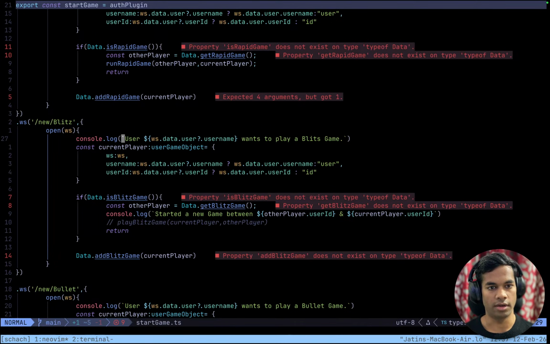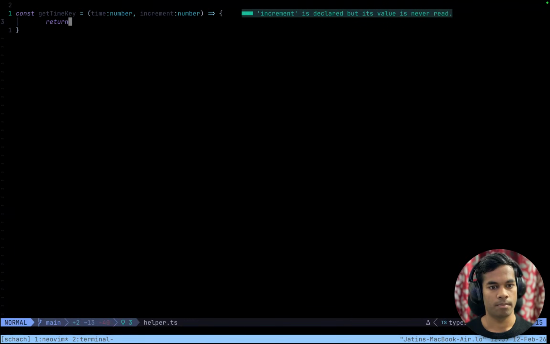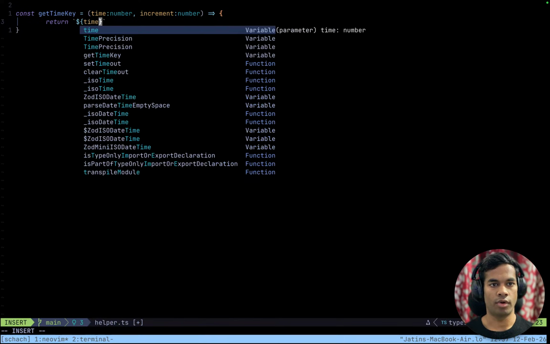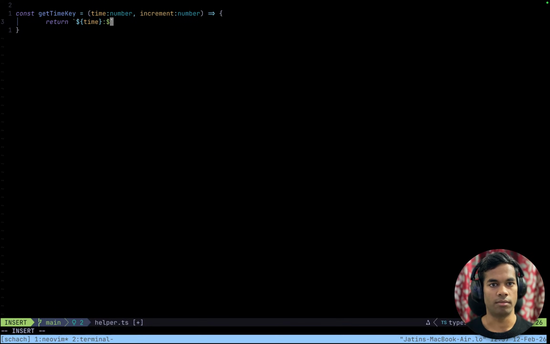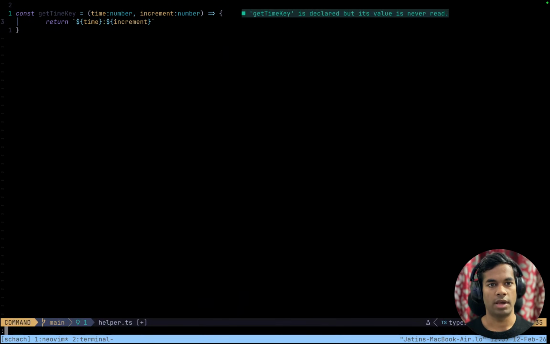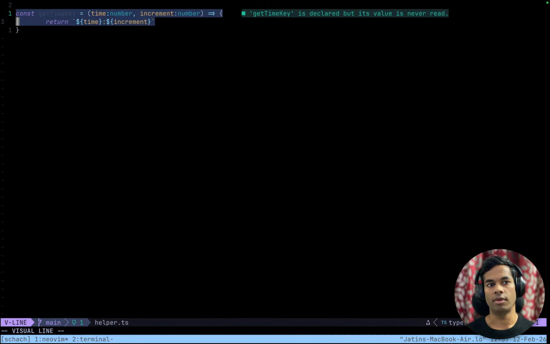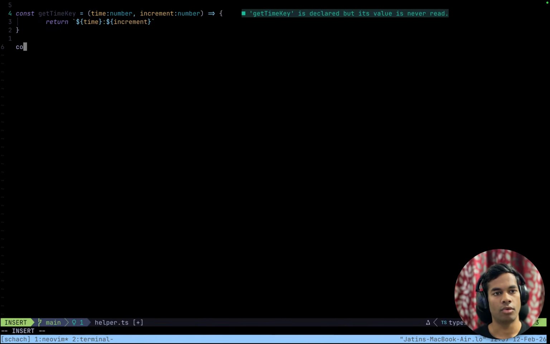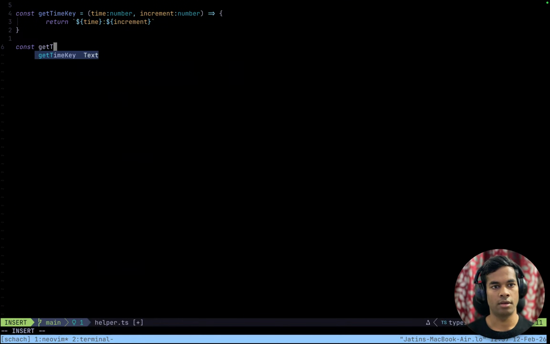We have it right here. Yep. Back tick, return. For now, it is just time semicolon. And at some point, we will have to destructure this back to normal. So we will need get time